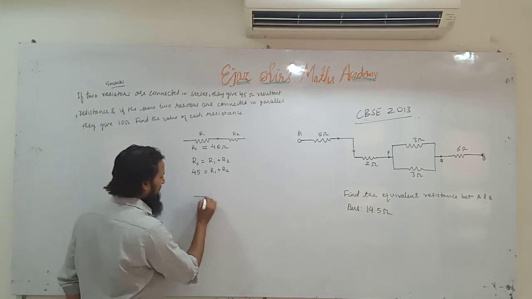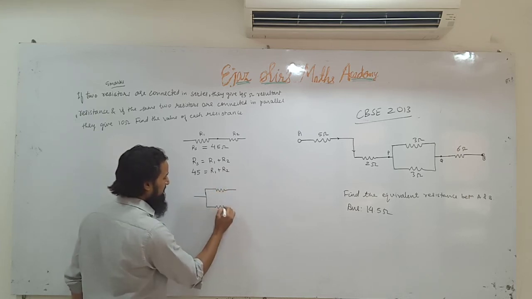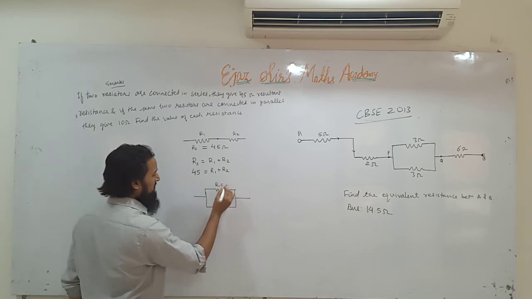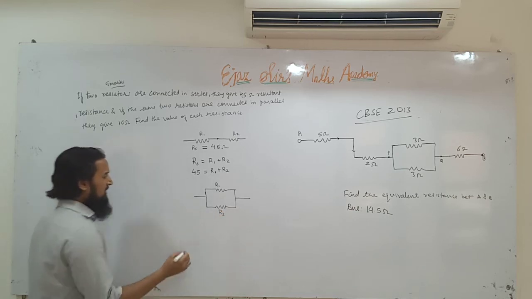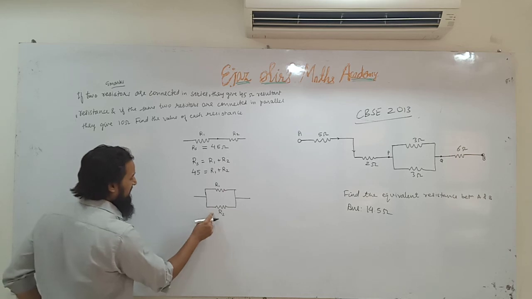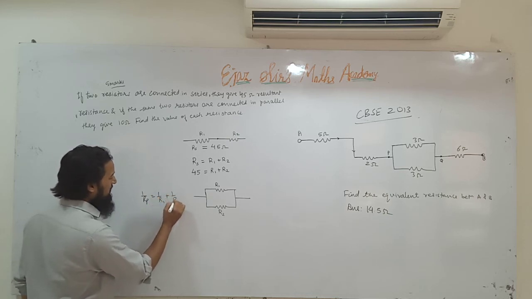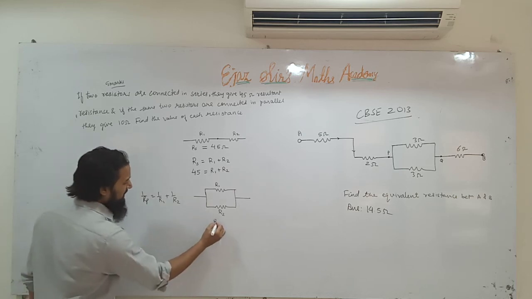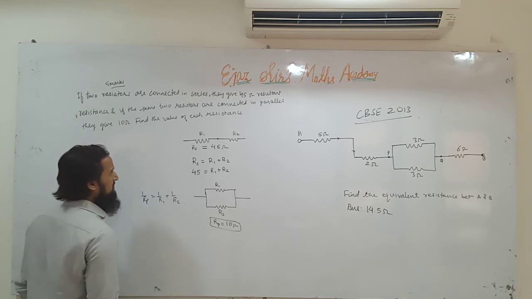And if the same two resistors are connected in parallel like this, this is R1, we don't know the value, and this is R2. So let us solve. If these two are connected in parallel, what will be the solution? It will be 1 upon Rp is equal to 1 upon R1 plus 1 upon R2. So if they are connected in parallel, Rp is equal to 10 ohms. They give 10 ohm resistance.